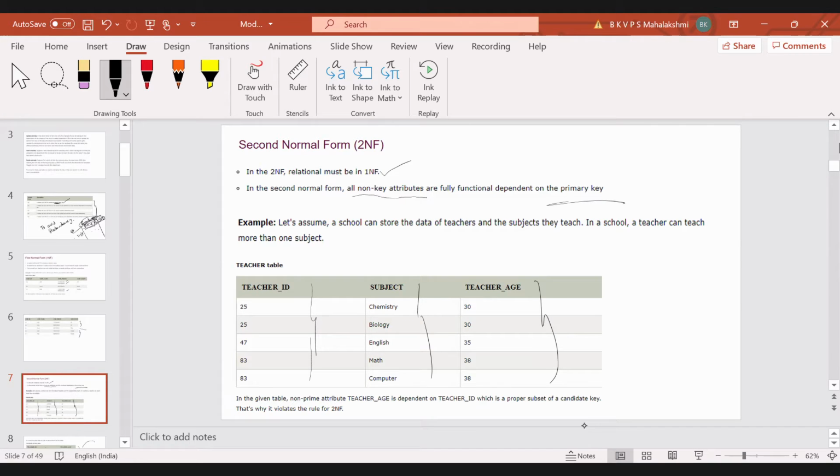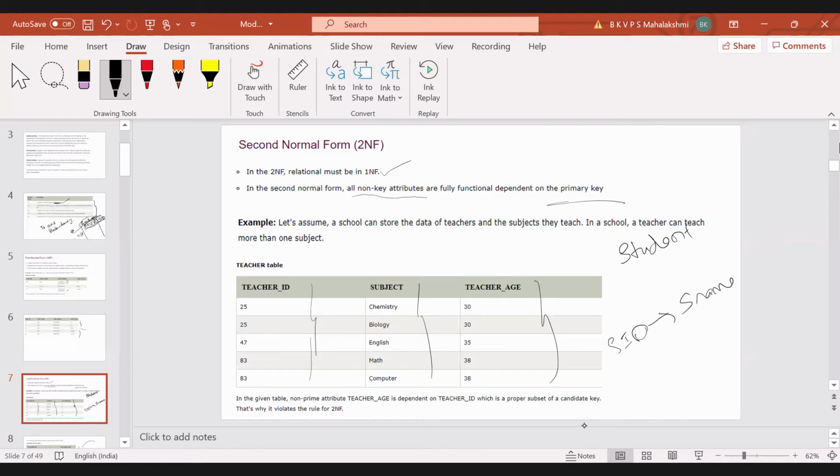Suppose SID is a primary key, that means, suppose if I take a functional dependence. For a student, if I define some functional dependence relations, you only tell me whether it satisfies the 2NF or not as per the definition.